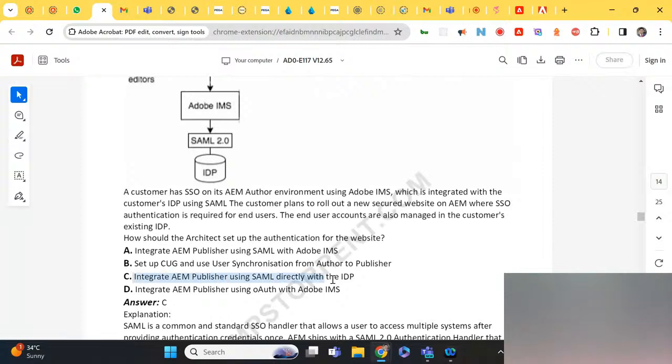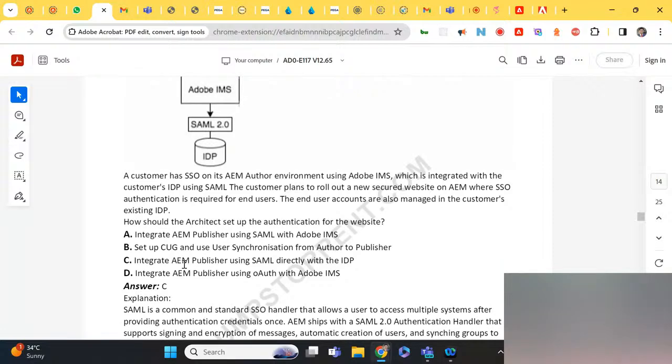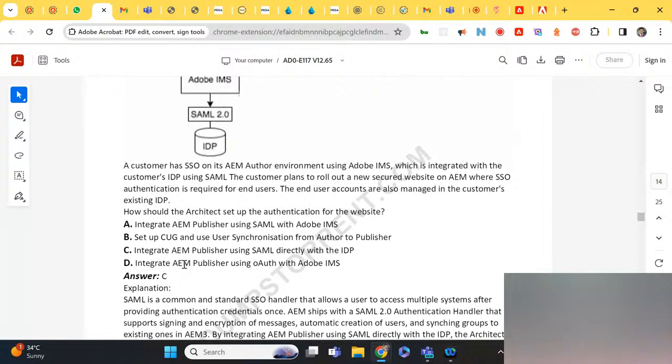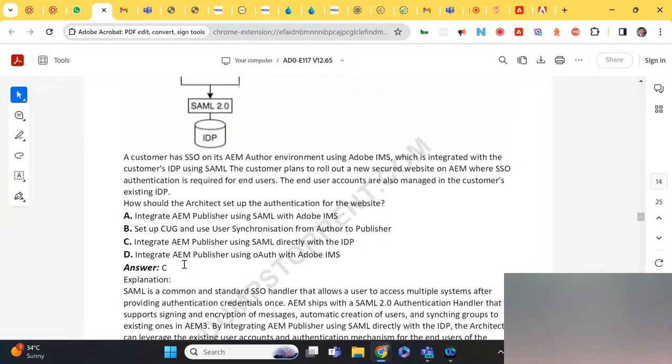I was assuming that the author and publisher would both have it, but publisher does not have any user sync directly from the IDP, so you cannot do creating CUG. Another point is that CUG is on the pages as groups, not for every user like what you have for Adobe. So I think C is the correct answer. Anyone would like to discuss anything on this?